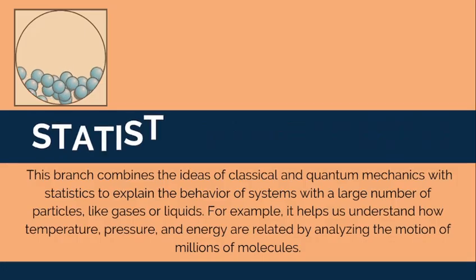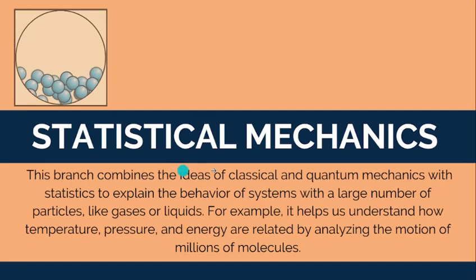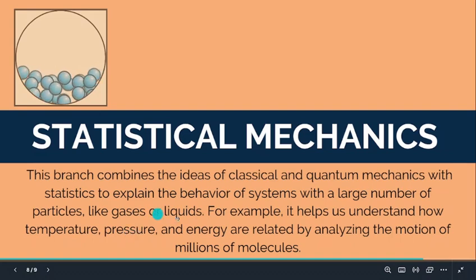Finally, we have statistical mechanics. This branch combines the ideas of classical and quantum mechanics with statistics to explain the behavior of systems with a large number of particles like gases or liquids. For example, it explains how countless gas molecules in motion create measurable properties like pressure, temperature, and energy through probability